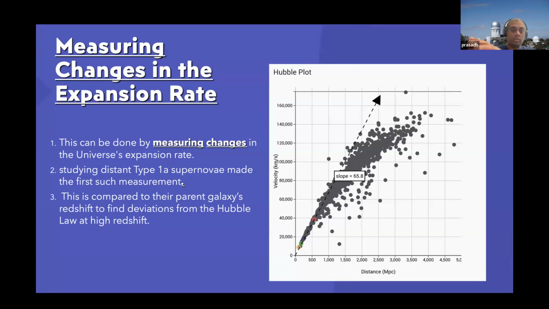The people who got this discovery got the Nobel Prize as well, and that's actually one of the major discoveries that we have. Astronomers name this particular component that may be leading to this accelerated expansion of the universe, maybe the dark energy, right? And dark energy does not mean that it is dark and there is an energy, so it's just a name,